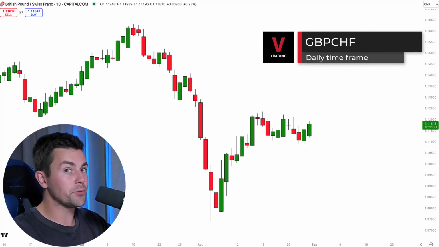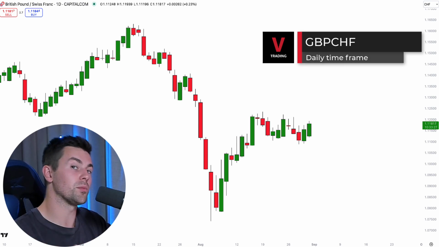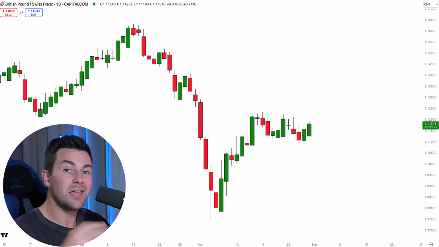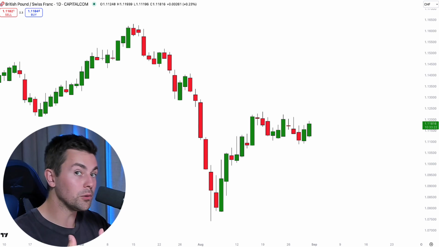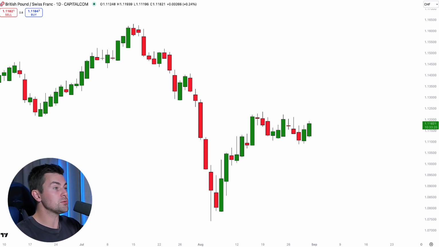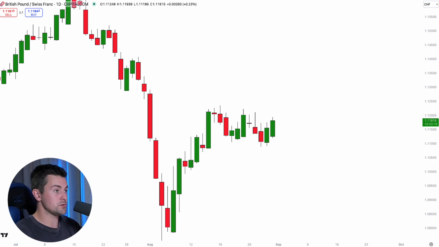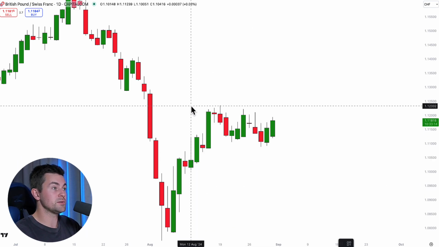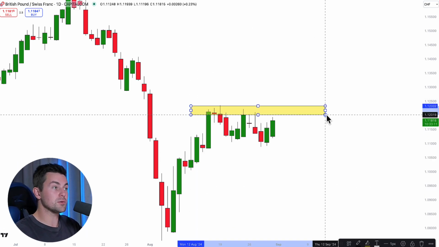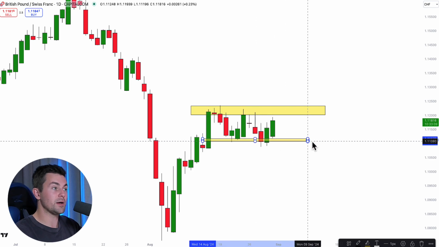The last and the most powerful pattern is the range. Horizontal range can form everywhere. It can form after a strong bearish impulse. It can form after a strong bullish impulse. It can form in the middle of a strong bullish or bearish rally. Here in the pound Swiss pair, I see a perfect example of a horizontal range. You can see that here the price respects the strong horizontal resistance and the price respects the strong